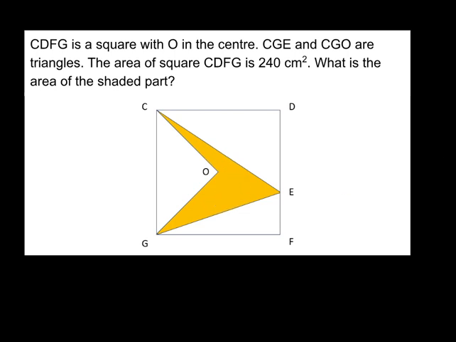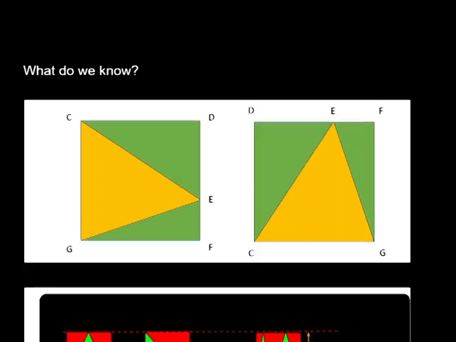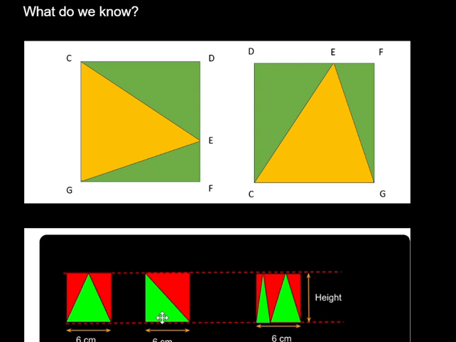Okay, so let's look at what we know from the question itself. First we need to understand the concept. When you have a square or a rectangle, and you have a triangle that is drawn inside, if the base of the triangle matches the side of the square or the rectangle and the tip touches the opposite side of the rectangle or square,